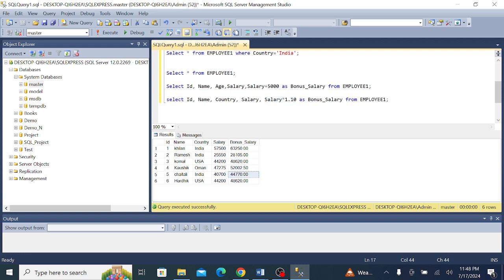And here we are making use of the multiplication arithmetical operator to calculate the bonus salary. Okay, so in this way, you can use any arithmetical operator to calculate any value while writing the query, or we can say to retrieve the data from the table. If you want to perform any calculation there, then you can do this by using these arithmetical operators. Okay, now we will see the next query,